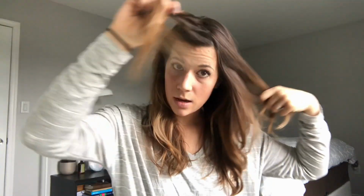So I've taught you the Dutch braid, but I haven't taught you just the normal French braid in a way that doesn't make you look like homeschooling. For that, we're just going to braid these ones to the side, but you can go whichever direction. You can do your whole head, you can do just a little bit. I'm going to take a section that's basically what would be my bangs,